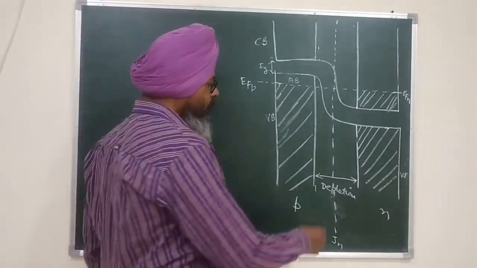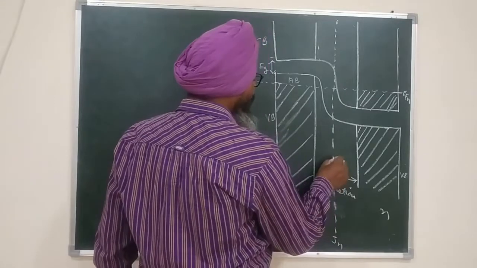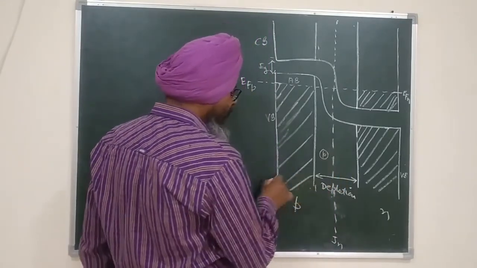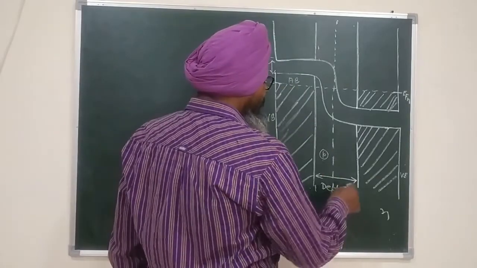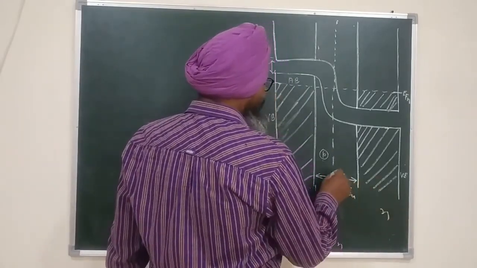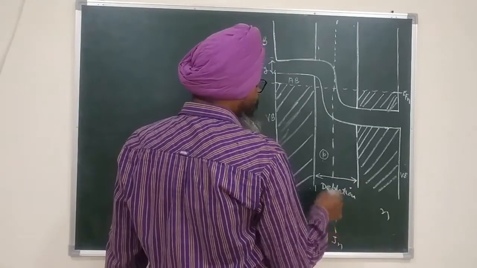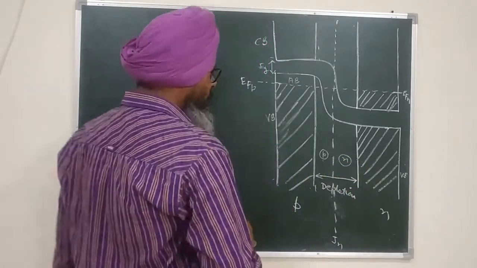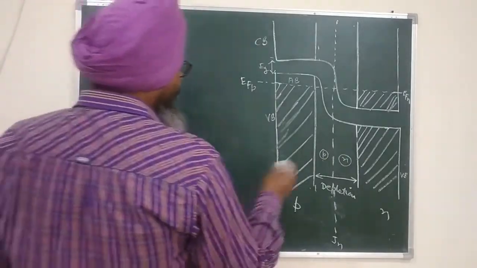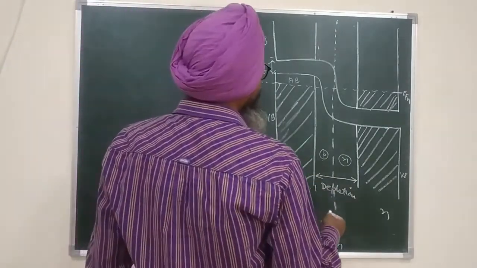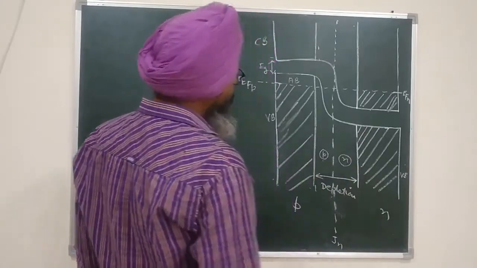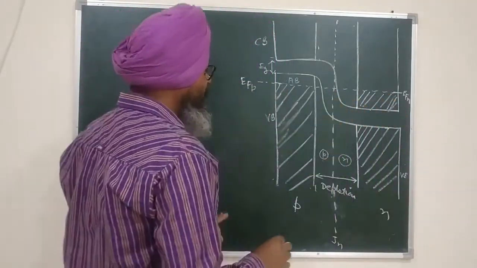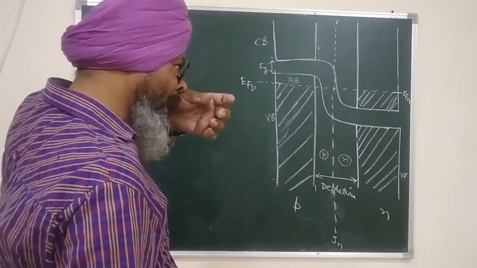Junction is that surface which is obtained by the joining of the p-type and n-type material. So this region to the left of the dotted line is actually P. This was also P. This is also P. Similarly, this is N, and to the right of this dotted surface, the material is of n-type. Everything that is below should be shaded. So if this is shaded, then this should also be shaded, but I will discuss it later on. After that I will shade it.